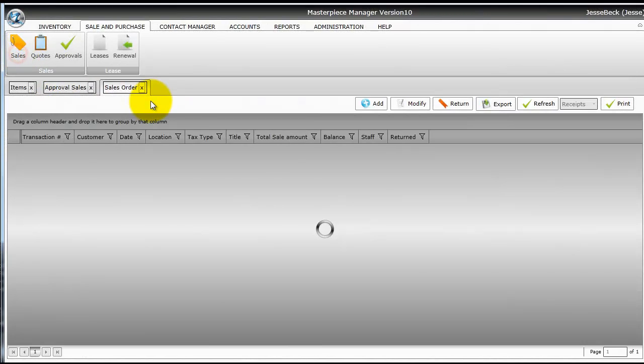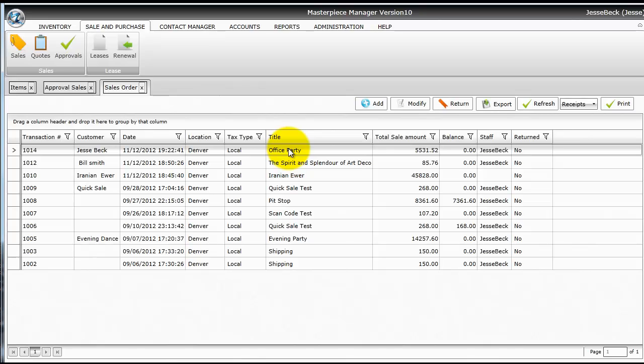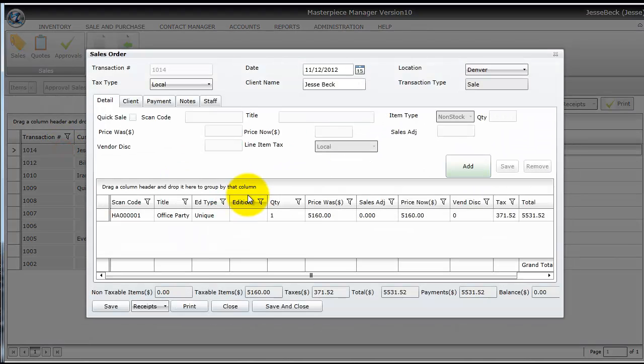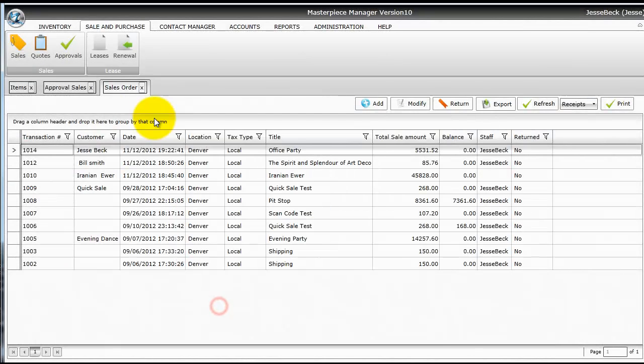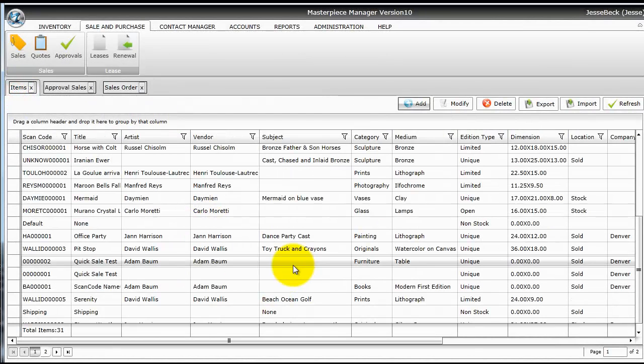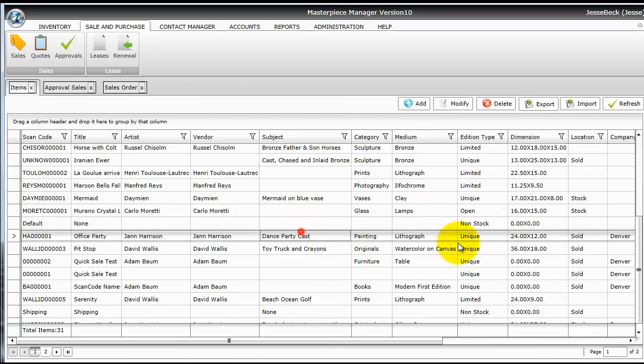Now if I go to the Sell screen, you can see that the Office Party is now part of the transactions instead of part of the approvals. And then I can open it up, and all the information about the converted approval is now part of the transaction. Now if I go back to the item screen, you can see that the Office Party is now at